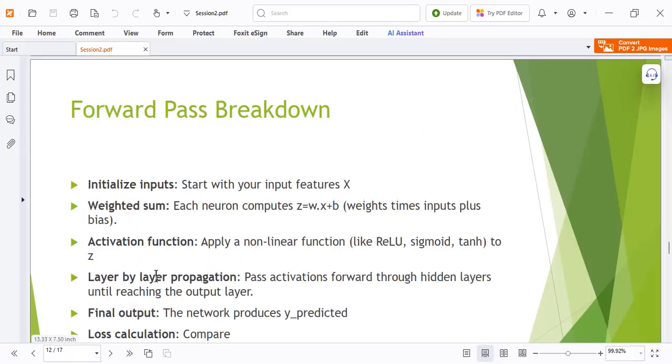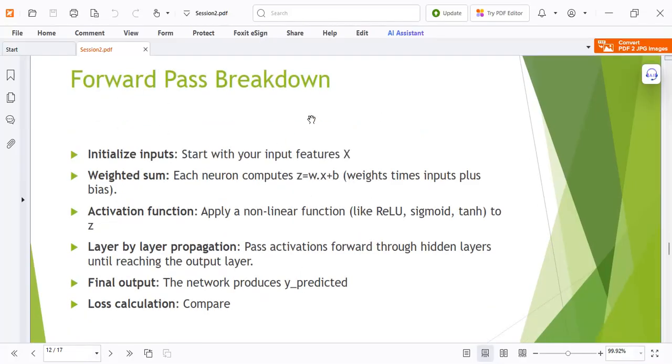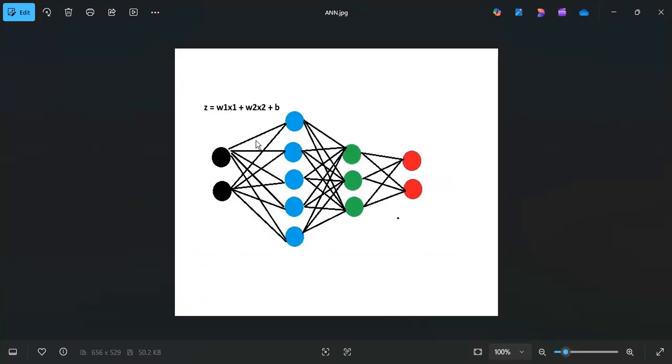Okay, and if we go to the forward pass, we already talked about the forward pass in the last session. Here we start with some initial values for weight and bias, and we make Z as well.